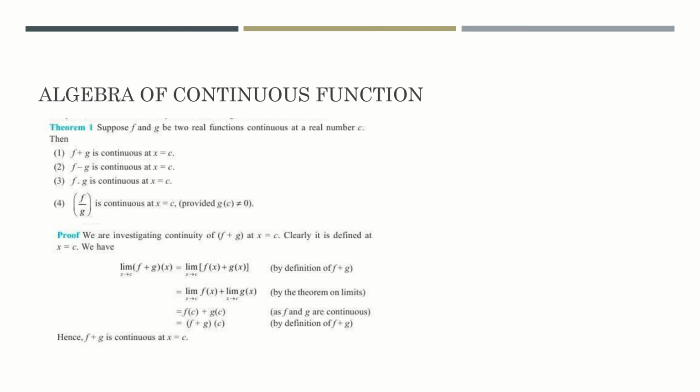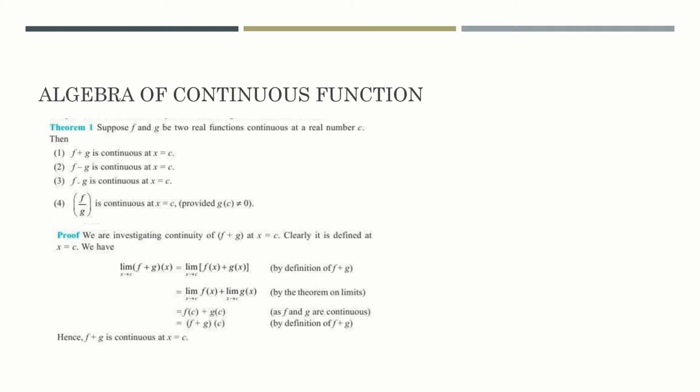The first is algebra of continuous function. Suppose f and g be two real functions continuous at a real number c. We know that f and g are continuous functions. We have to check whether f plus g is a continuous function. The proof for f plus g alone I have given here. Take the function f plus g. So limit x tends to c. We have to check the limit of a function at the point x is equal to c. So I have taken it as limit x tends to c f plus g of x, which is equal to,